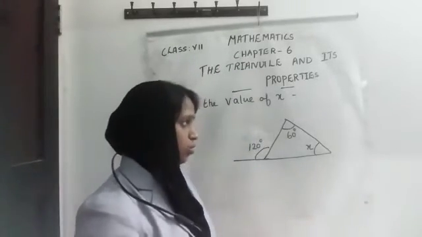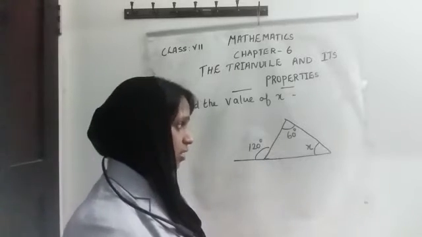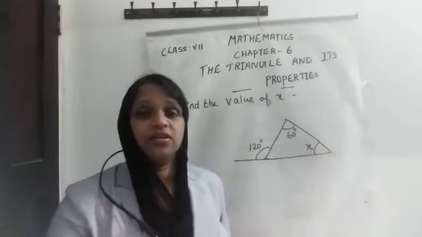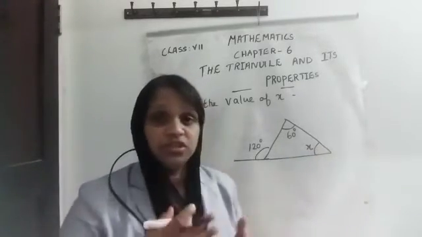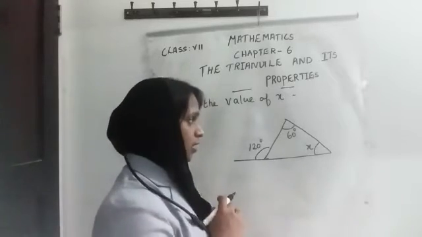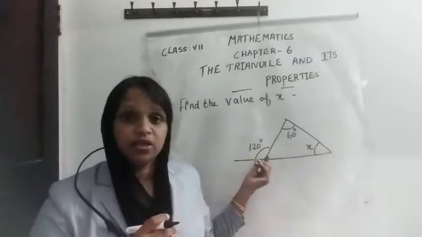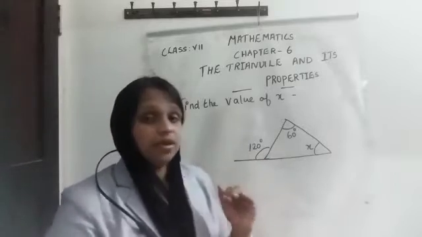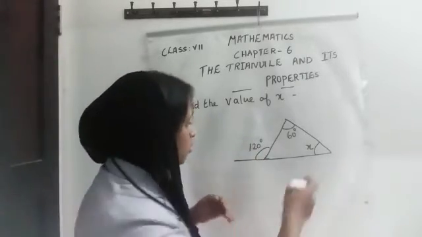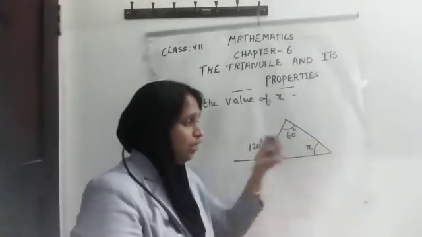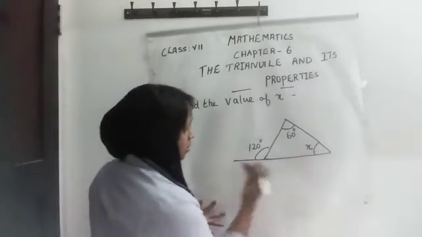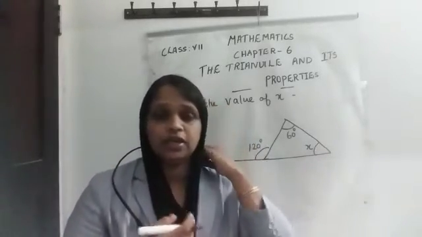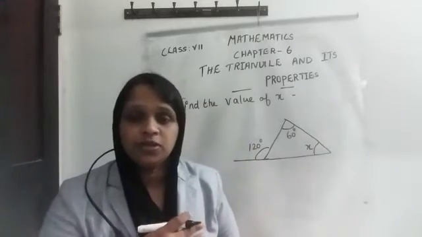So, next question, here also we want to find the value of x. So, see this, here x is an interior or exterior angle? Yes, it is an interior angle. Okay, this is an interior angle. So, here one exterior angle is also given. That means 120 degree. That is, 120 degree is the exterior angle. So, here how can we find the value of x? That means we can apply the exterior angle theorem. That means exterior angle is equal to the sum of interior opposite angles.